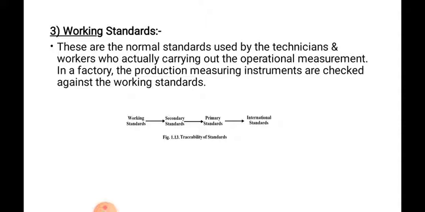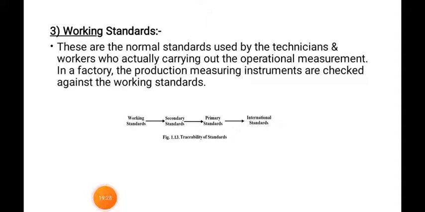These are simple things you might have studied in the 11th standard. First, the international standard. International standards are compared with the primary standard. Primary standards are used as a reference or for verification or calibration of a secondary standard, and that secondary standard is used for the calibration and verification of the working standard. So these are the different types of standards.